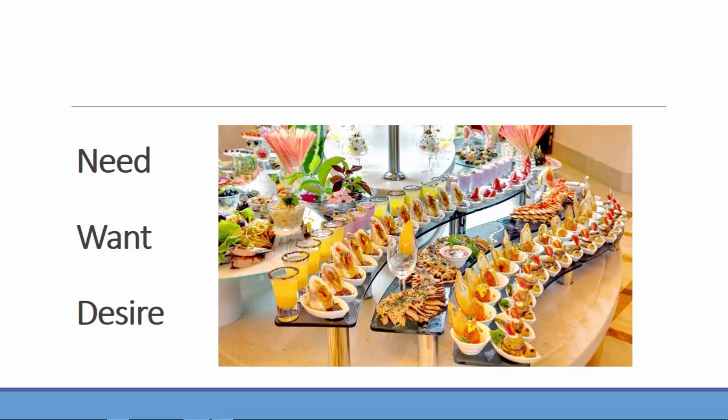So if we are going specifically for need, we will say beans, because a pound of beef will cost me 5 times more than a pound of beans. But what I want is beef. And if what I want is beef, I will go for beef. But then, even though I have got beef, there's a way I desire it.